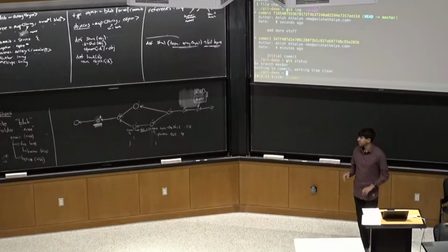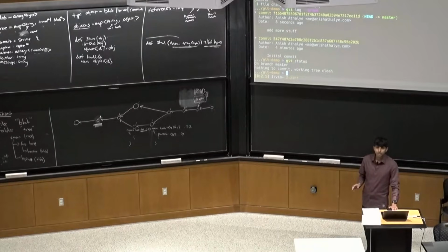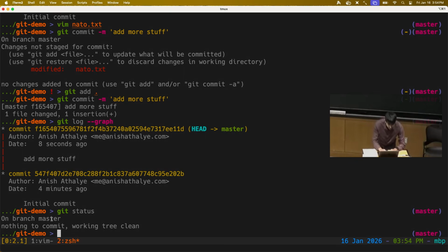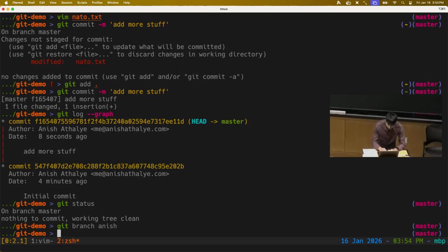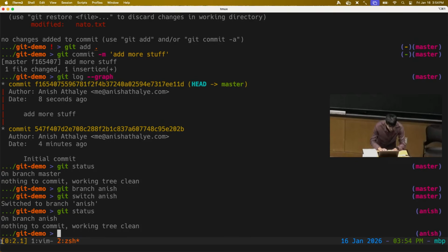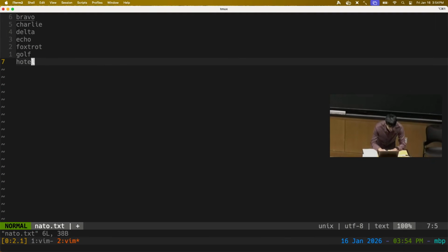Master is, or used to be, the default name for the default branch when you create a new Git repository. Basically, all branches work this way: if you're attached to a branch and you make a commit, whichever branch you're on will be updated. So if I make a new branch here, if I do git branch anish, that creates a new branch right where I am, and I do git switch anish, and I do git status, it'll say on branch anish, and